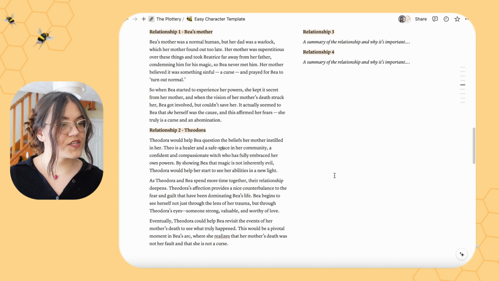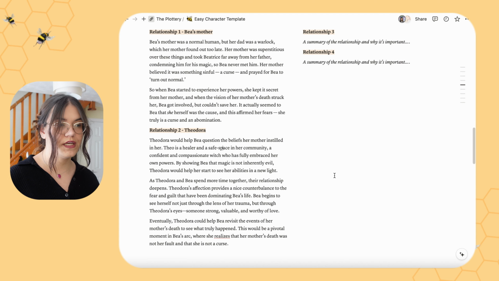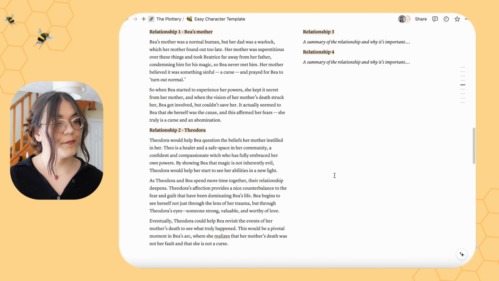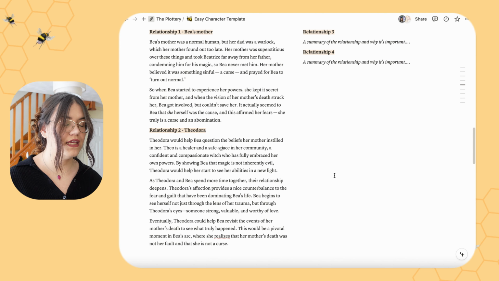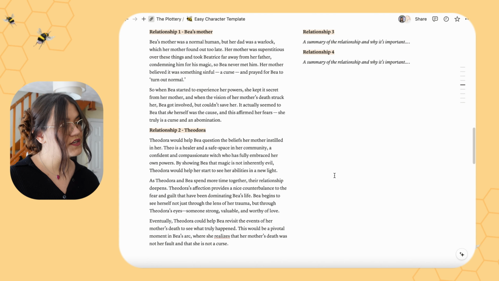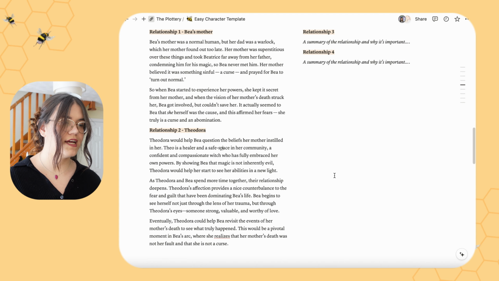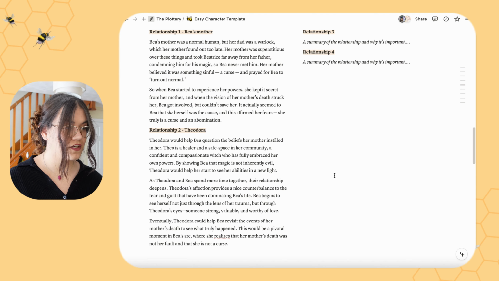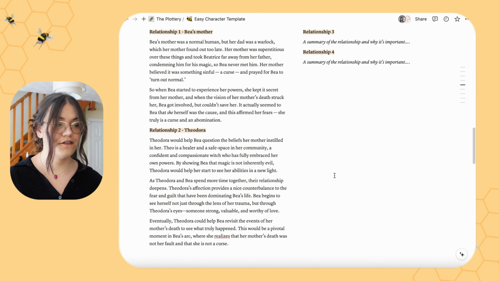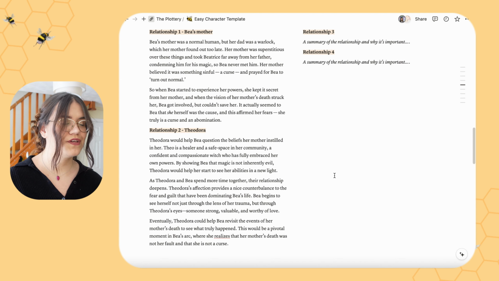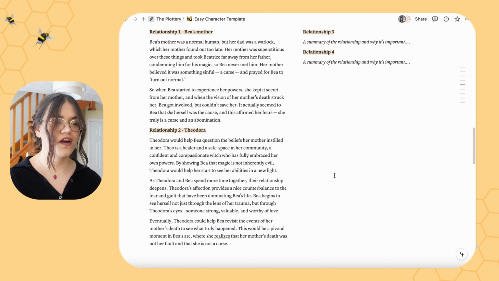Theodora would help Bee question the beliefs her mother instilled in her. Thea was a healer and a safe space in her community, a confident and compassionate witch who has fully embraced her own powers. By showing Bee that magic is not inherently evil, Theodora would help her start to see the abilities in a new light. As Theodora and Bee spend more time together, their relationship deepens. Theodora's affection provides a nice counterbalance to the fear and the guilt that have been dominating Bee's life. Bee begins to see herself not just through the lens of her trauma, but through Theodora's eyes, someone strong, valuable,